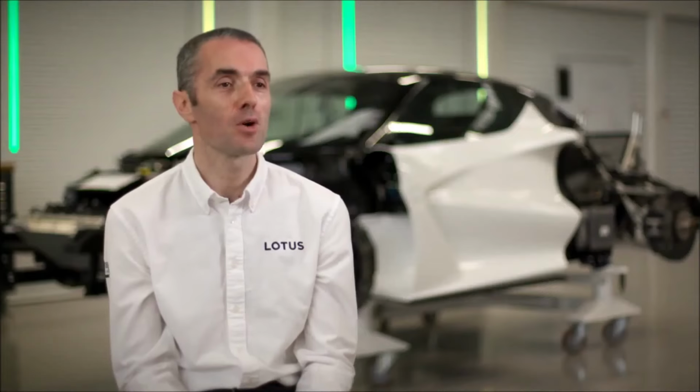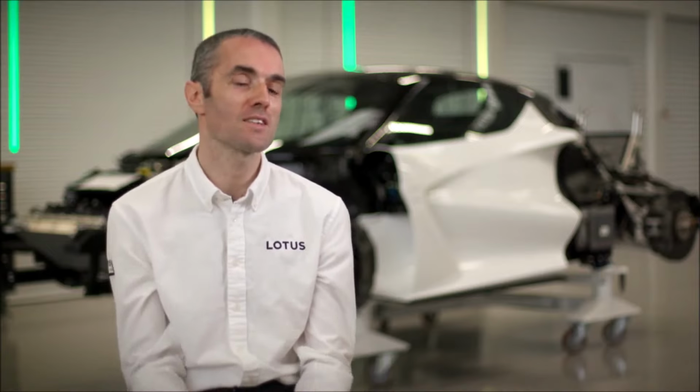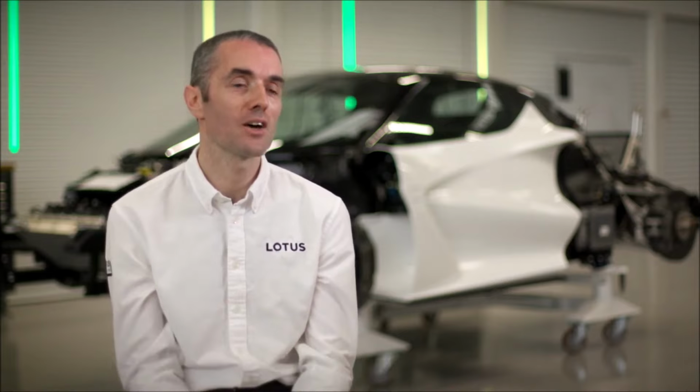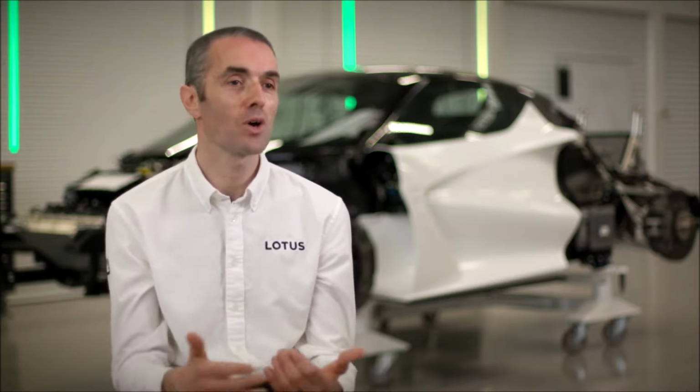But differing from previous cars, we've designed the cockpit and the environment to be much more immersive for the driver. So all the connectivity is intuitively laid out. We've got haptic controls, which we haven't had before in a Lotus car, and we've got a full cloud connected